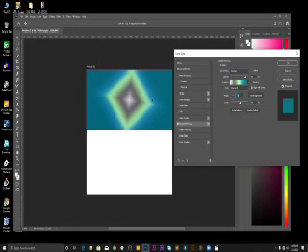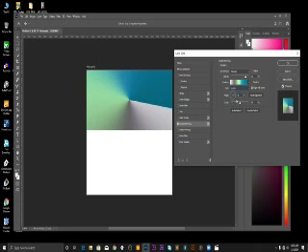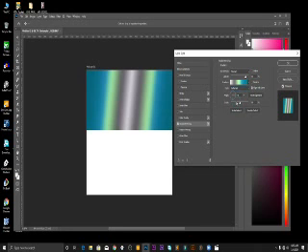Okay, so you see, there is a diamond effect, or the diamond style. We also have the radial style, and you can see that it is set in the radial position, the angle, and this is what happens to the angle. We also have reflected, and this is what happens. Okay, so this is how you can use